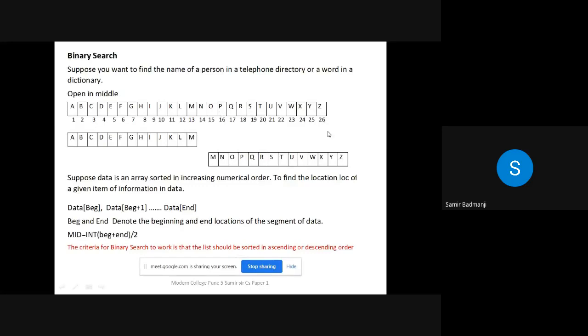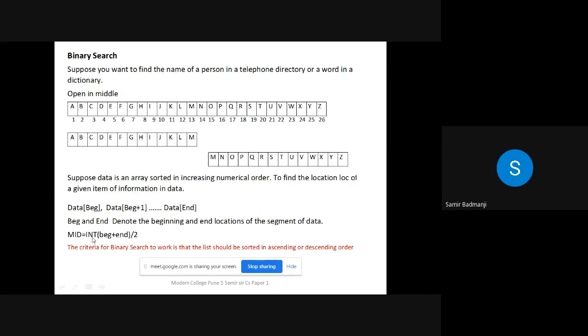How much is it? 27 divided by 2 is 13.5.